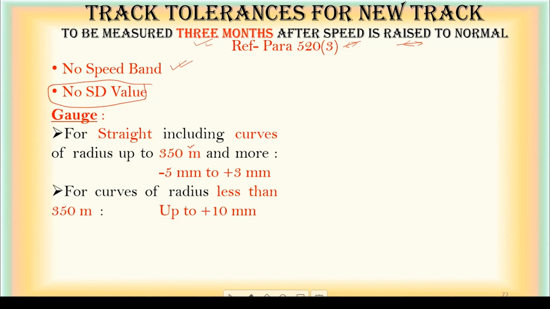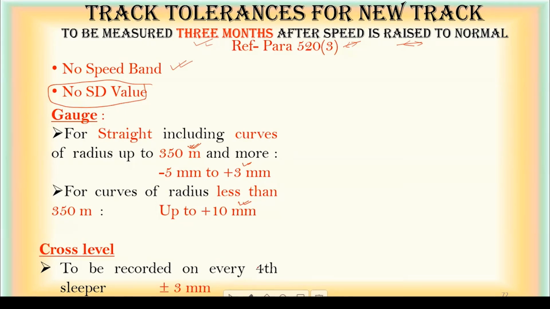So it says gauge on straights including curves up to 5 degree, meaning 5 degree or flatter curve or straight, in that case gauge for new tracks should be -5 to +3 mm, and curves sharper than 5 degree this should be +10 mm gauge. Okay,